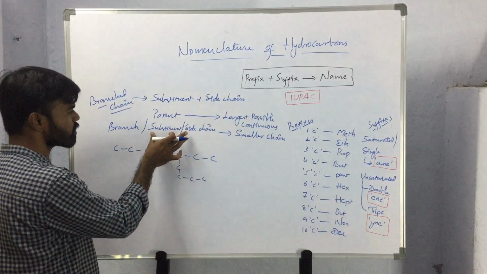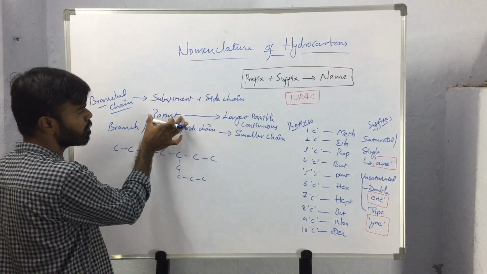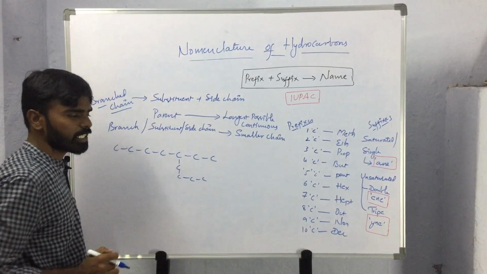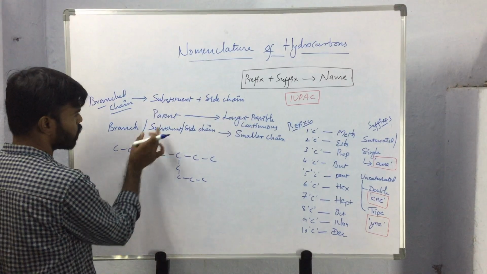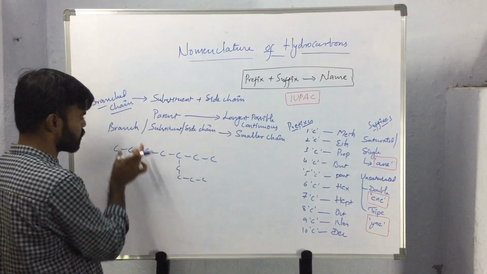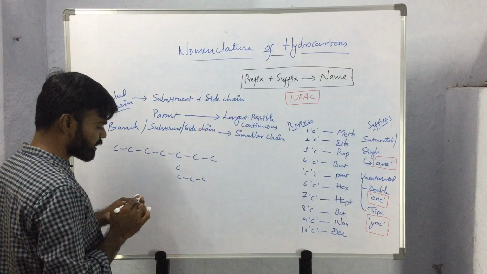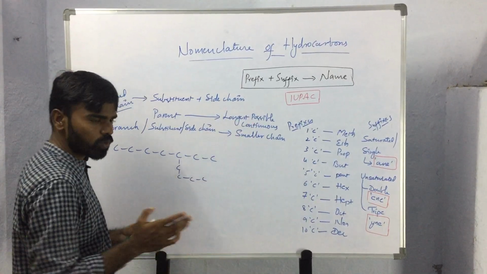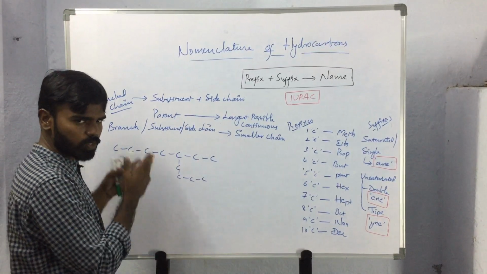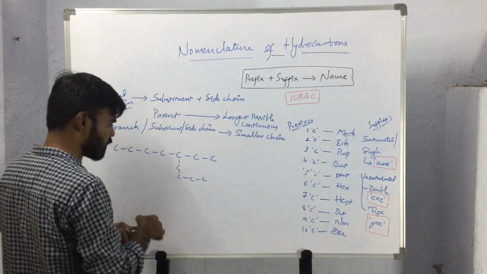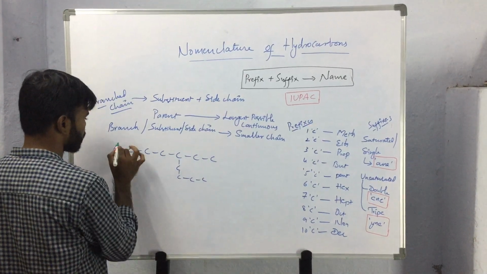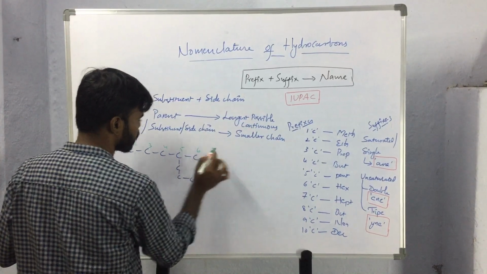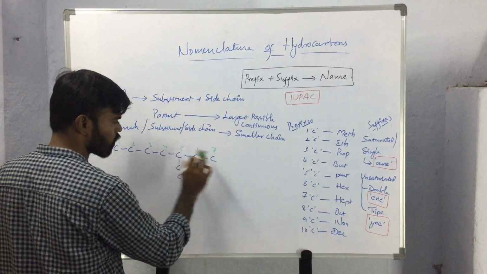So as these compounds contain branches along with the parent chain or the main chain, we will be calling these compounds as branched chain hydrocarbons. So we will see now what is the parent chain and what is the substituent or what is the branch. So here we will see the possibilities. We have to select the longest possible continuous chain. What are all the possibilities we have here to select a longest possible continuous chain? So first the straight chain I am taking. So the straight chain, the continuous chain, we are not breaking anywhere.